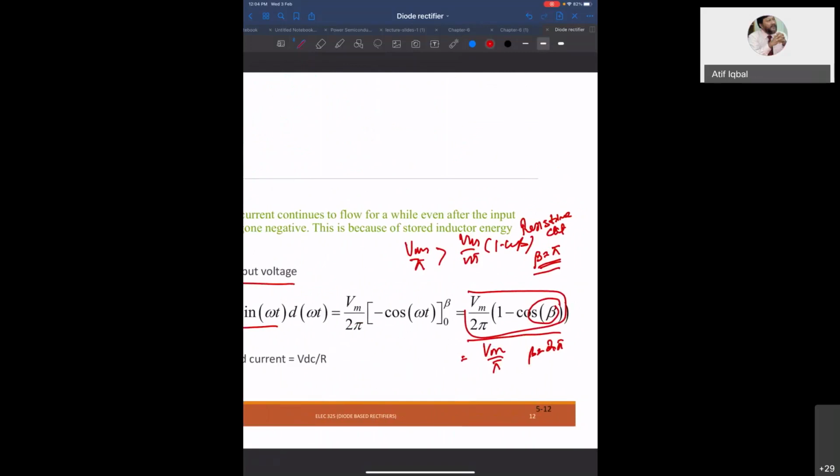2 pi is 1. Yes? Yes. It will be 0. Why it will be 0? That means you will have equal positive and equal negative. It is like same as your